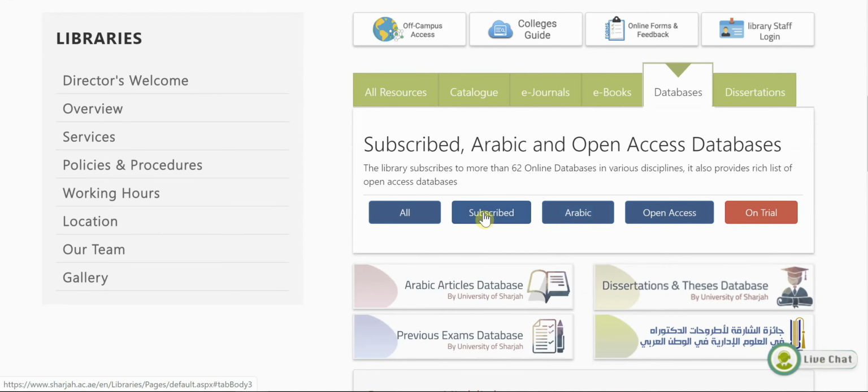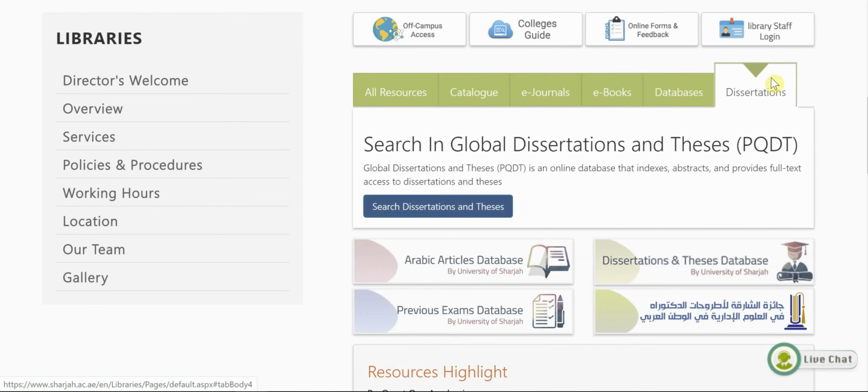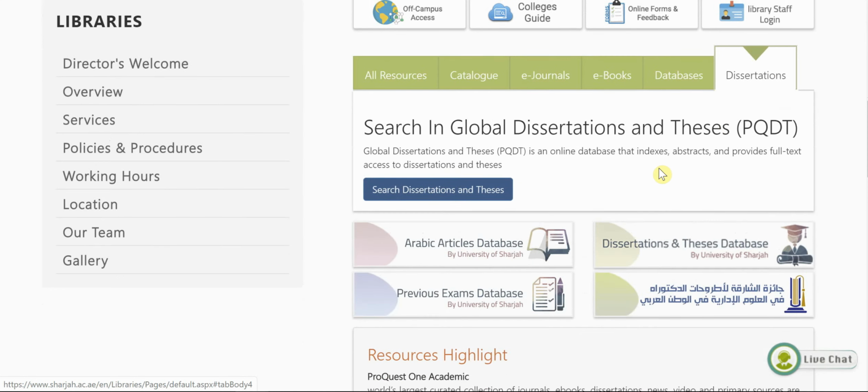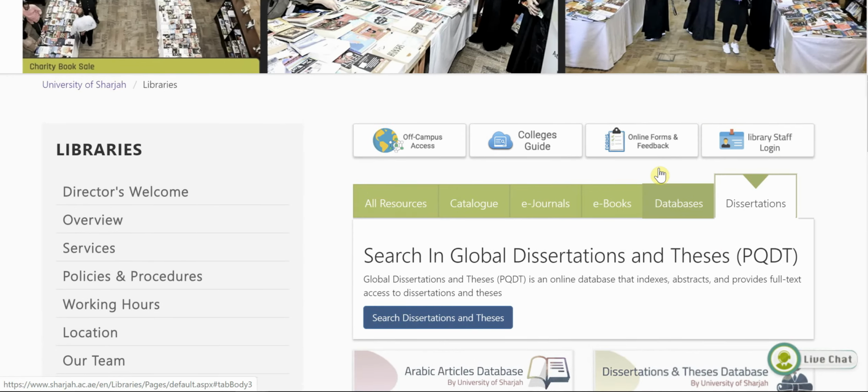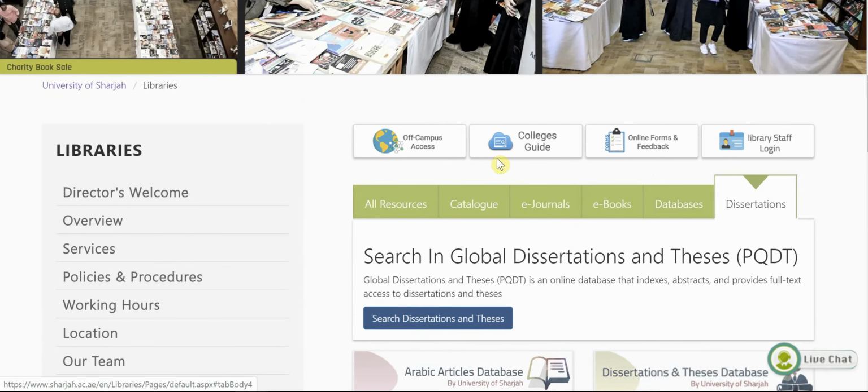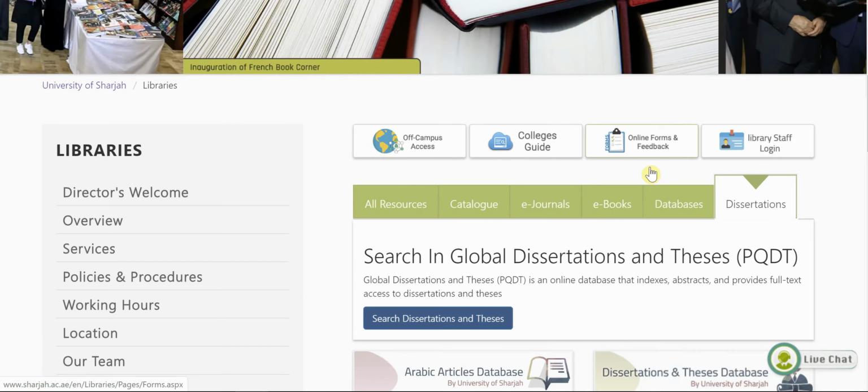First of all, you have the subscribed databases, and then you have Arabic databases, which can be found separately, and once you open them, you'll find that they are arranged alphabetically. Finally, you have the Dissertations tab, which you can use to search 2.8 million full-text dissertations. Moreover, you will find at the top the off-campus access point, college guides, online forms and feedback,